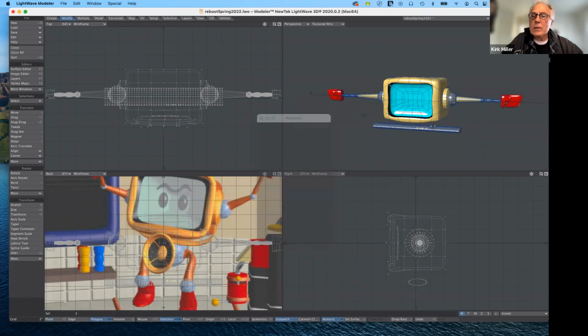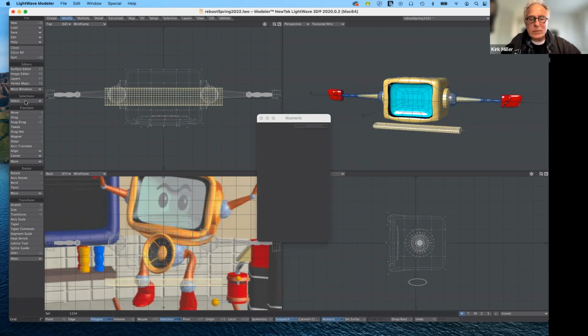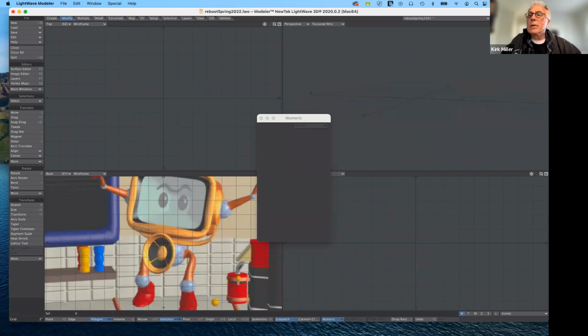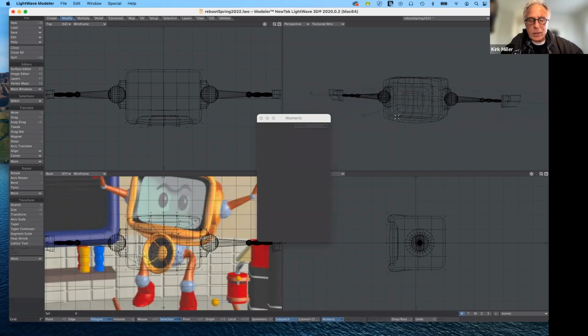select a handful of polys here, and then go up to select and say select connected. So everything is connected. I'm not missing any of the piece. So I'm going to hit Command X, cut it, go to a separate layer, put it in the foreground, put this one in the background, and hit paste. There we go. Otherwise, remember, if nothing is selected, then everything is selected. And that means the rest of the model would be affected by the pull tool as well as the bend